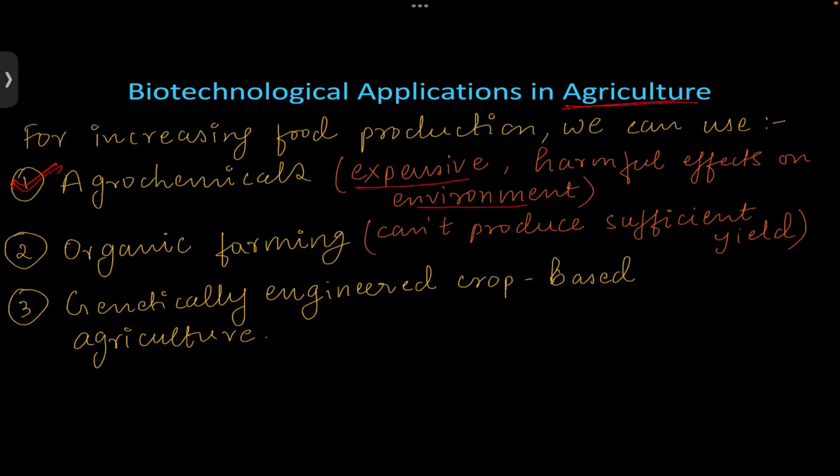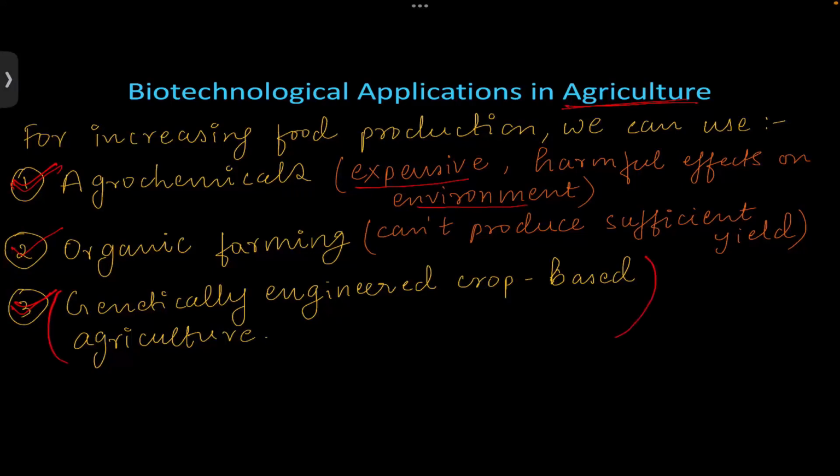Then what other options are there? There is organic farming. But again, although organic farming is a very sustainable option and doesn't involve polluting the environment, the yield of this technique is quite less. The amount of food produced by organic farming is comparatively less. And the last option that we have for increasing food production is using genetically engineered crops. Among these three options, the most widely and easily accessible to farmers is this option of genetically engineered